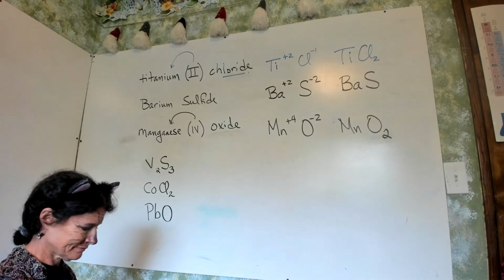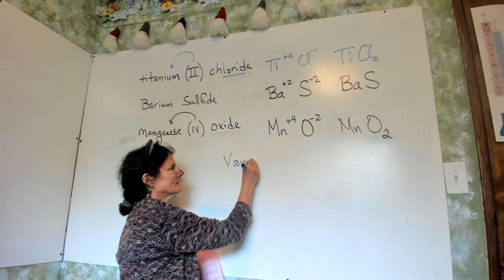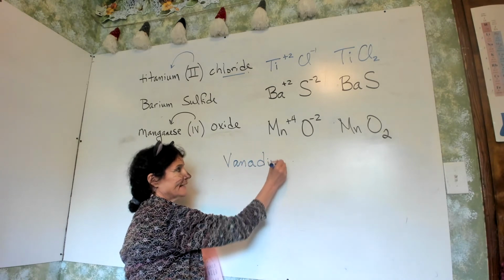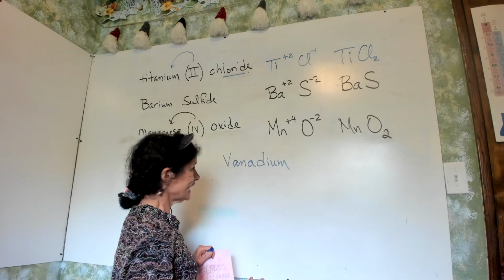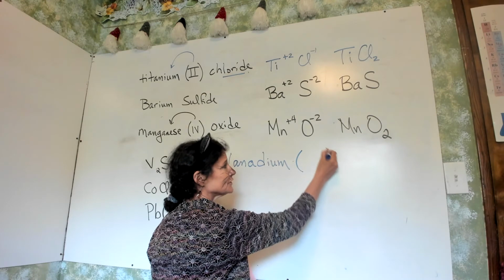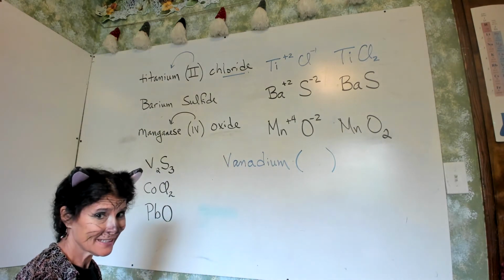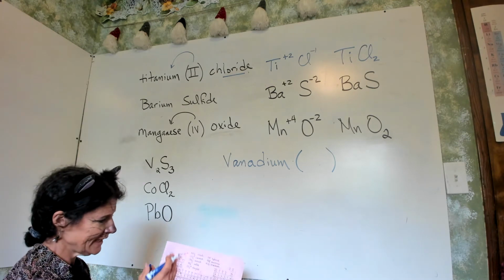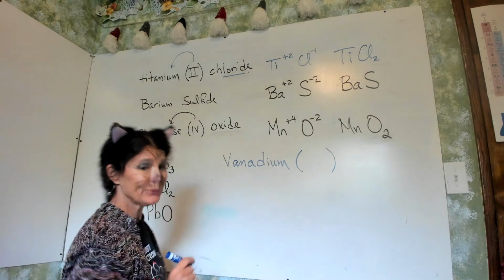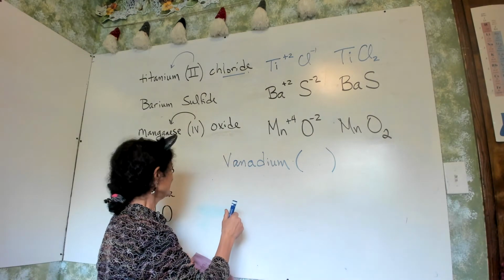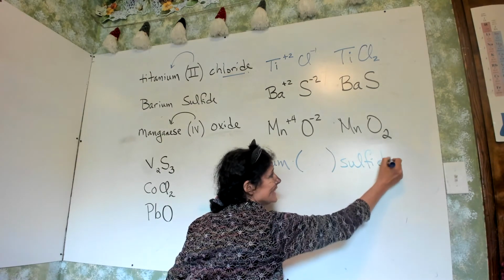So, V, vanadium, vanadium. I say vanadium, you say vanadium. Vanadium, vanadium. You want to ask yourself, do I need a parentheses? And the answer is yes. If you're not in these first 2 columns, if you're in the middle, in that D block, you need a parentheses. Now, I like to finish my piece. We're going to end with "ide."